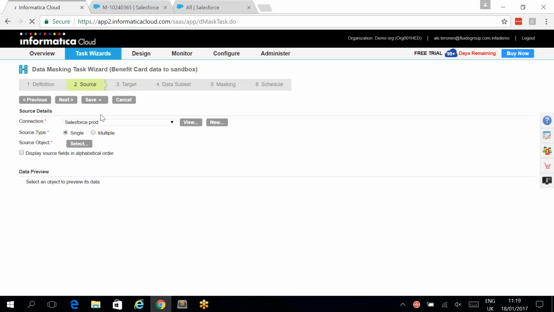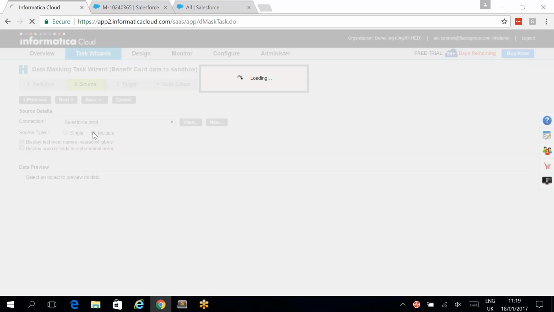And then I have option to choose my source data object. I could use also single if I would only like to simply populate some customer account data. I could just go with that. But as my scenario contained multiple objects containing standard and custom object, I choose the multiple option,